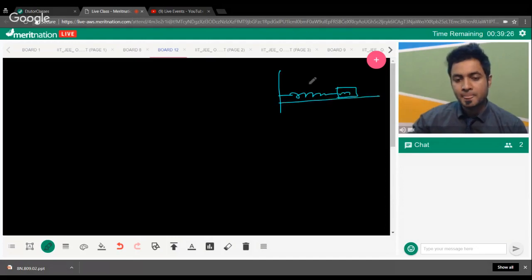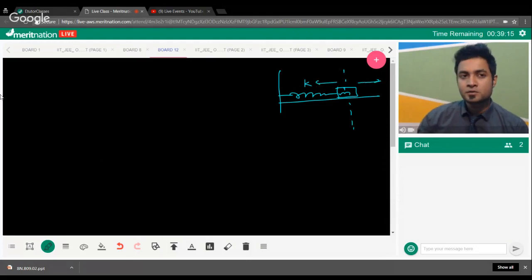Okay, it has a spring constant k and its mass is m, and it is being oscillated about this mean position, like to and fro, right? So what I'm going to do here is, you just need to write the energy equation. This is one of the beautiful methods in the oscillation part, where you just write the equation of the energy,